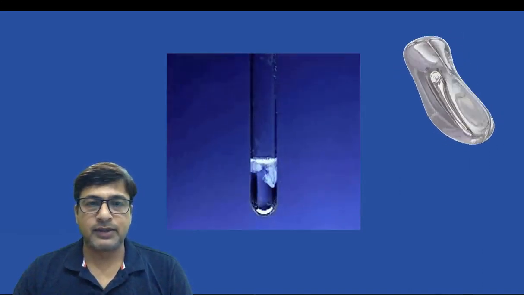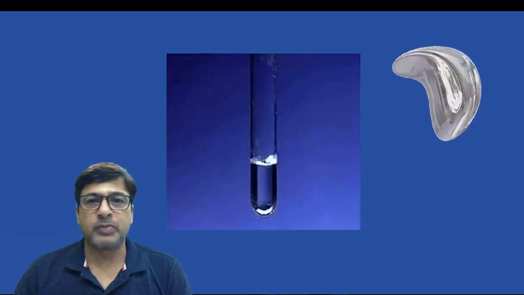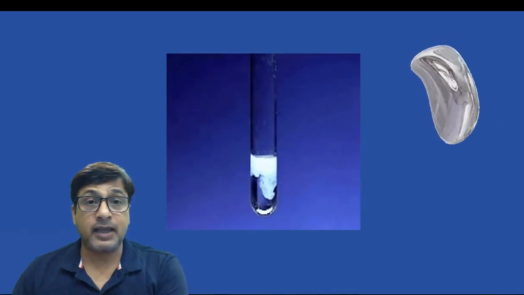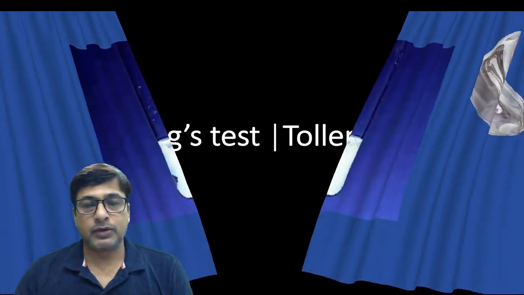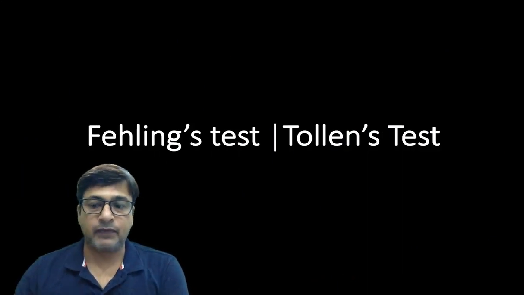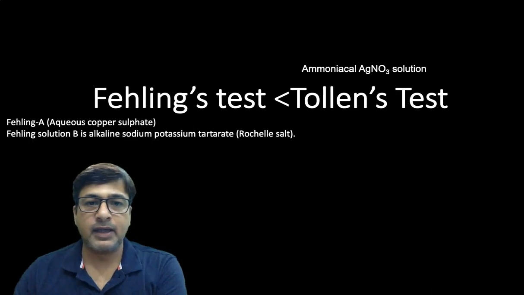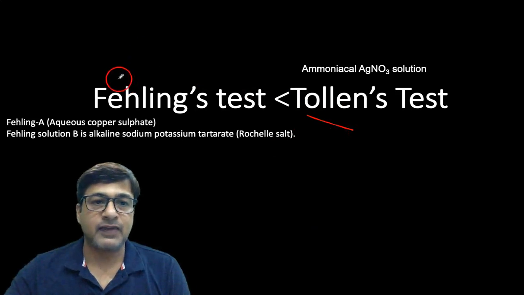So today we are going to discuss a very important test of aldehyde and ketone, जो लगभग सारे एग्जाम से पूछे भी जाते हैं, and the name of the test is Tollens test and Fehling test. So we are going to discuss the reaction, the mechanism, and the molecules which show positive Fehling test and which show negative Fehling test. So before moving ahead, the most important thing is that both Tollens test as well as Fehling's test,